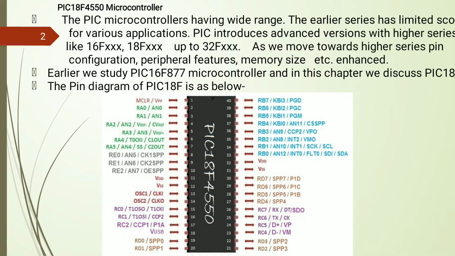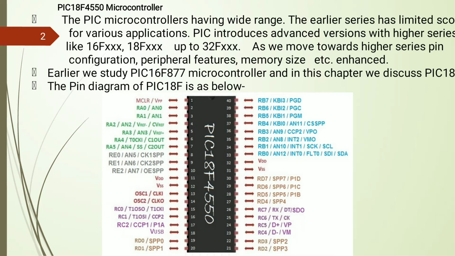So in this topic we are discussing the higher version of the PIC microcontroller, that is the PIC 18F4550 microcontroller. As we have seen, various versions of PIC microcontrollers are available. They start from 10F, 12F, 14F, 16F, 18F and up to 32 and more. So here we are discussing the PIC 18F XXX series. In that, we select the 4550 microcontroller, which is similar to the PIC 16F in various applications and features,